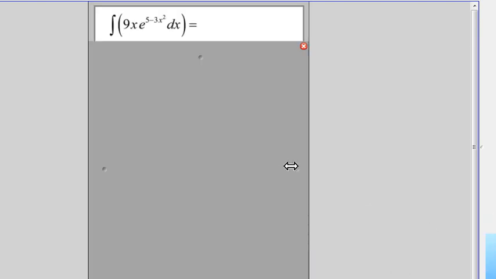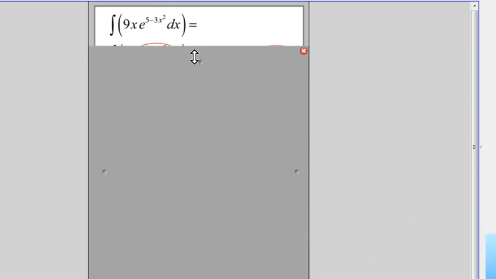Let's see another one and think about what will be the u you will take here. Think about what's accompanying the e function, the exponential function. This is the inner function. The derivative of this, say minus 6x, will involve x. So here you have an x which will be part of this derivative. So it makes sense that we make u this expression. Pause the video, and